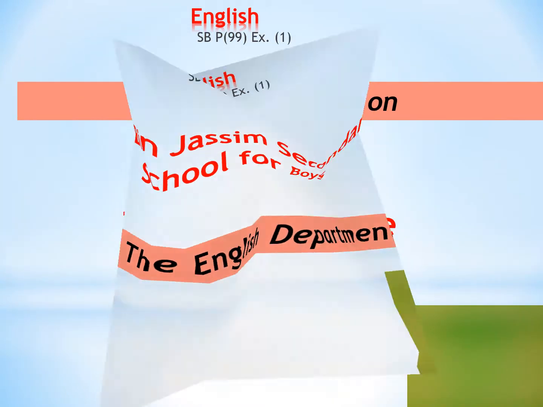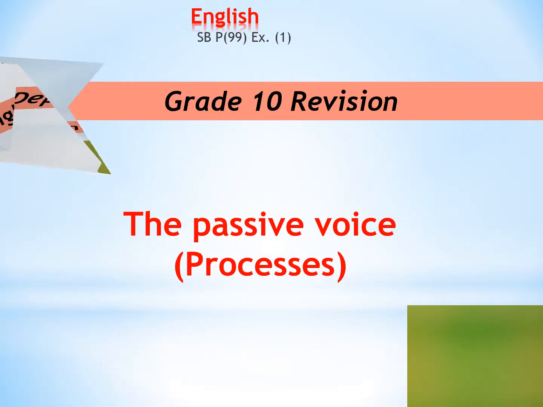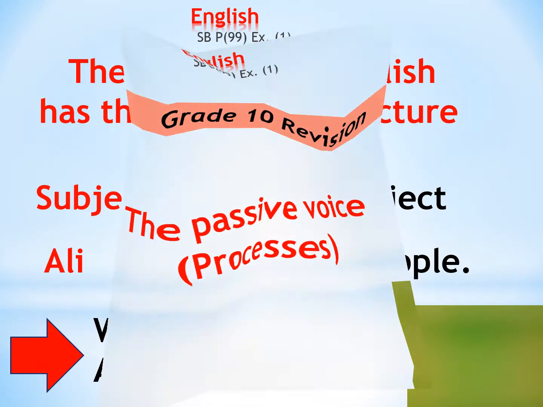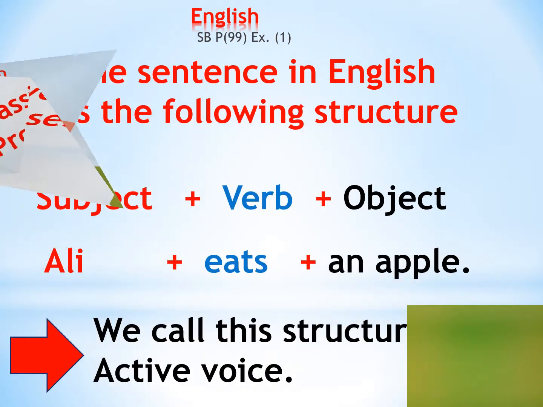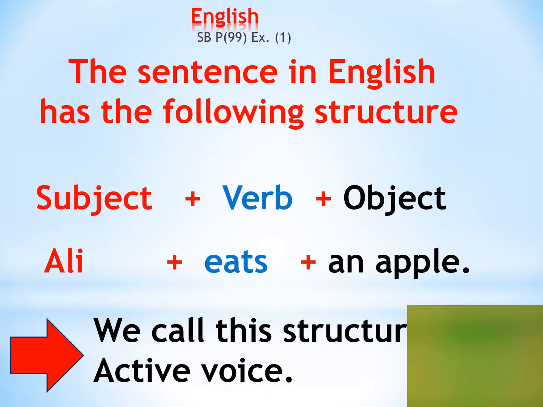Today we are going to deal with the revision related to the passive voice. As you know, the sentence in English has the following structure: subject plus verb plus object. Let's have an example. Ali is the subject, eats is the verb, an apple is the object. We call this structure the active voice,